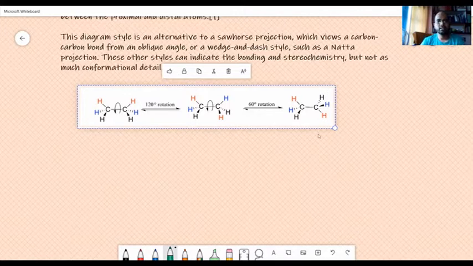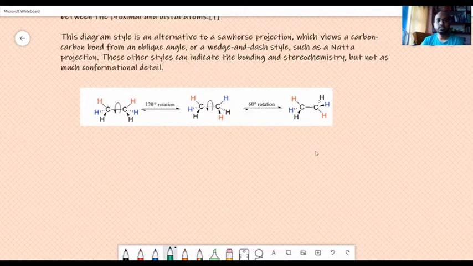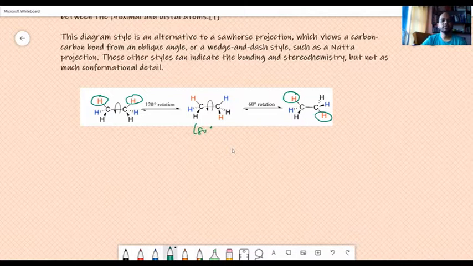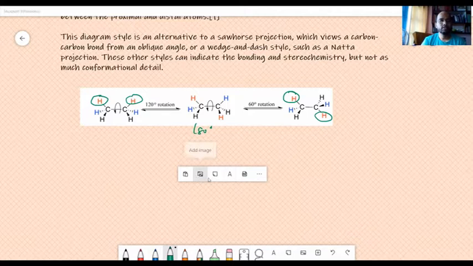First, it is rotated 120 degrees, and then it is rotated by 60 degrees. You can see that these bonds, which are on the same side, appear on the opposite side after 180 degree rotation. So in the next image, we are going to see